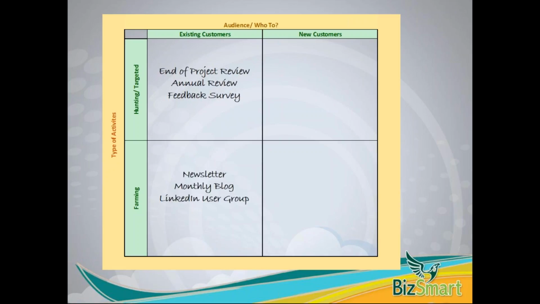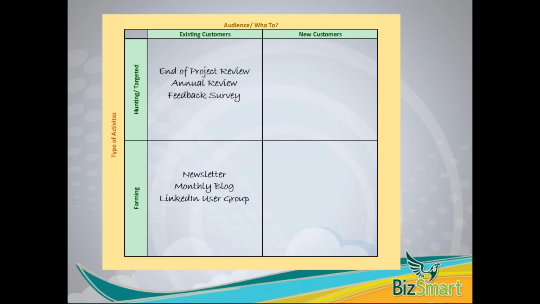So if we then move down to the next one, box 2, here we're still talking about things we could do with our existing customers, but now we're talking about more of those farming activities, so sowing the seeds. And this is just generally keeping in touch, in a good way, not bombarding them with rubbish, but providing some value to them, but in a gentle, ongoing contact, non-invasive sort of way. So newsletters, a lot of us will do newsletters, might be monthly blogs, you might run a LinkedIn user group or something like that. And again, you'll have lots of other ideas, but these are things that you could be doing with your